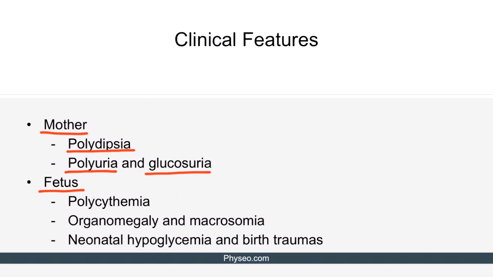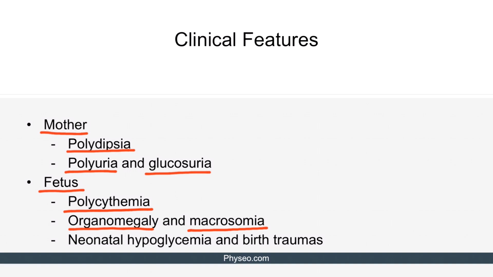Fetal hyperglycemia caused by transplacental transfer of glucose increases the metabolic demand in fetal cells and causes excessive oxygen consumption. This in turn results in hypoxia, which stimulates erythropoietin production from the fetal kidneys, giving rise to polycythemia. Organomegaly is explained by the fact that insulin is an anabolic hormone and it causes glycogen and fat deposition in the tissues. Diffuse glycogen and fat deposition will eventually cause macrosomia, which means that the fetus will be large, weighing